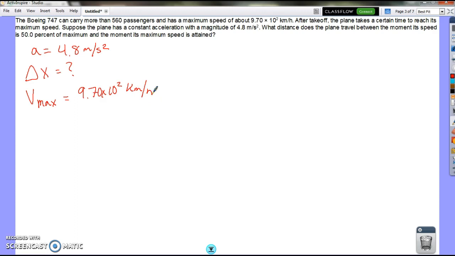So let's divide this by 2. So delta V is equal to 9.70 times 10 to the 2 kilometers per hour divided by 2, which is